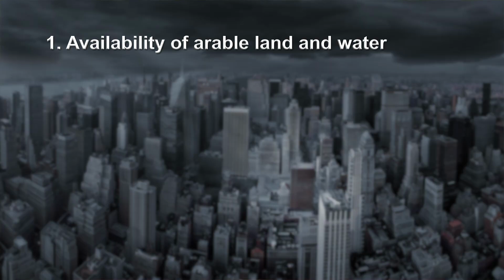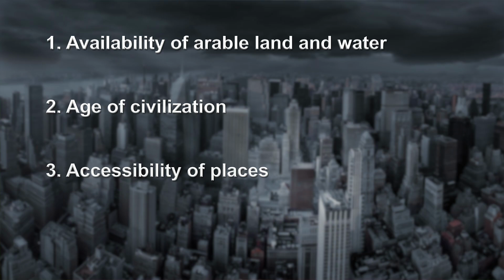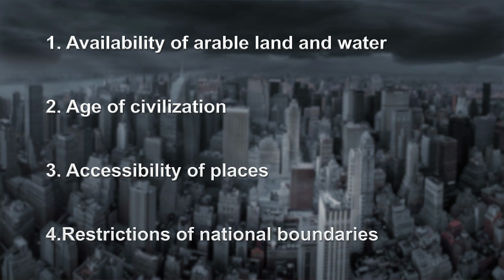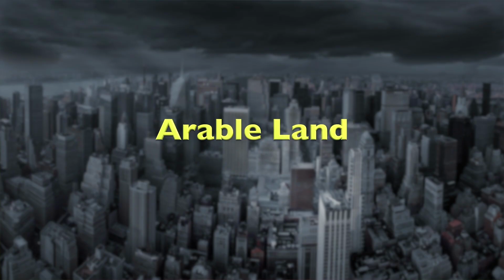The unevenness in the distribution of world population may be attributed to four main factors: 1. Availability of arable land and water, 2. The age of civilization, 3. Accessibility of places, and 4. Restriction of national boundaries. Coming to the first one, the arable land, there is a close relationship between the arable land